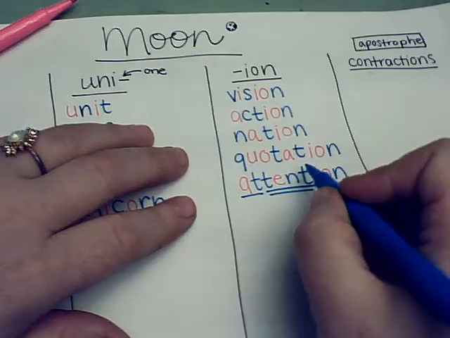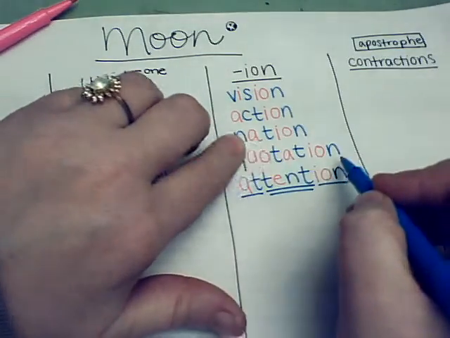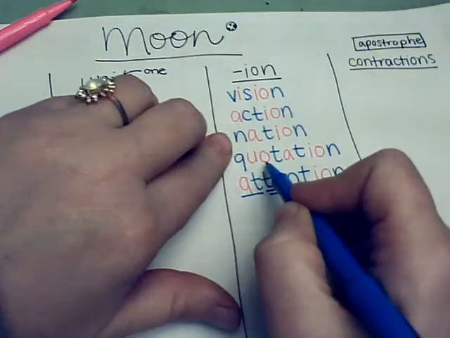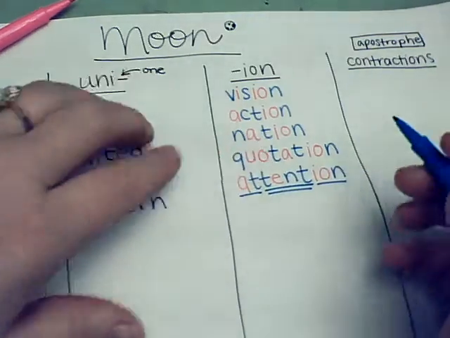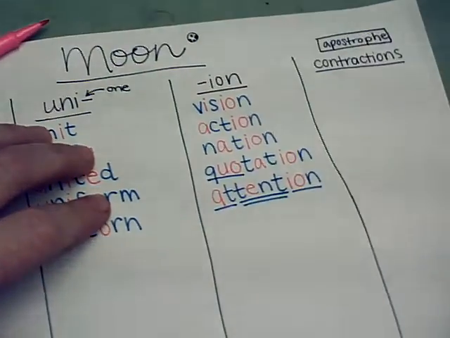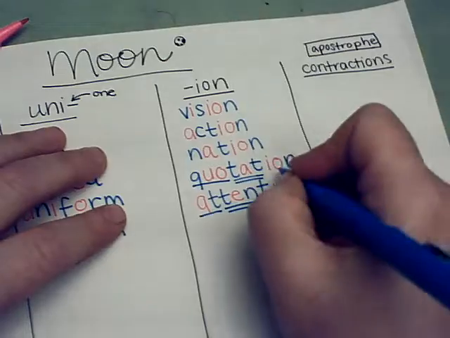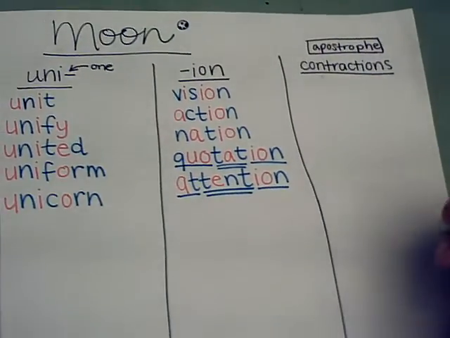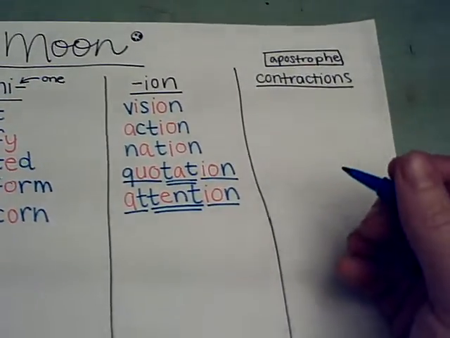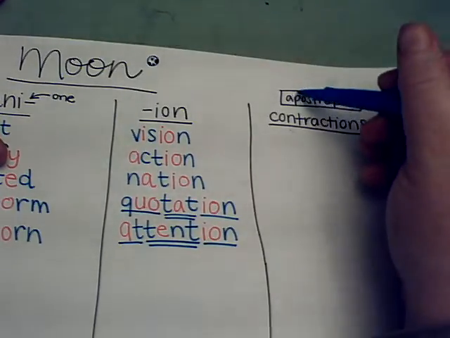And here we have Asian, like we have a nation, but without the N. There's also quo, tat, ion. Quo is like a counting number or status. Tat makes me think of tattoos. And then ion. Okay, so let's look at our contractions, and we have to figure out where to place the